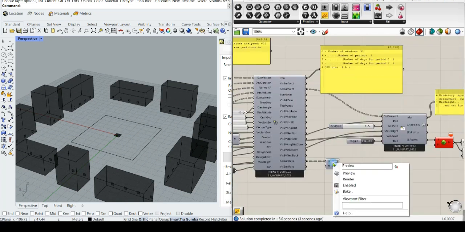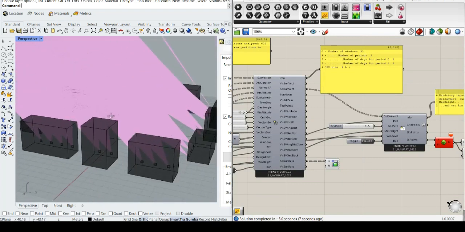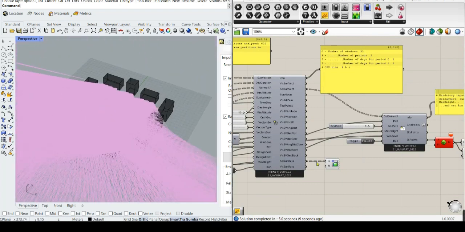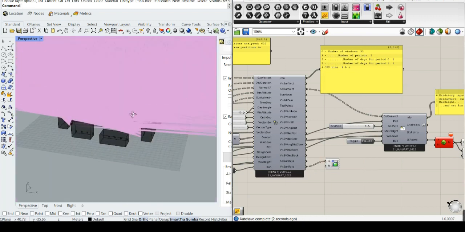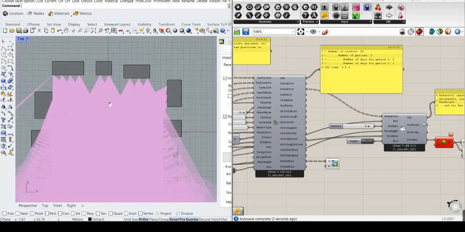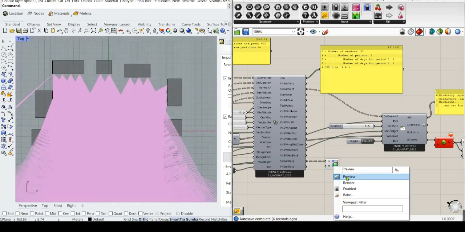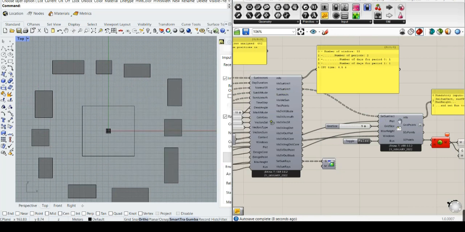In 4 seconds, the tool could calculate these cells and rays, and these are the visible ones. So we can use these cells and rays, or those associated to these cells and vectors, to generate the solar